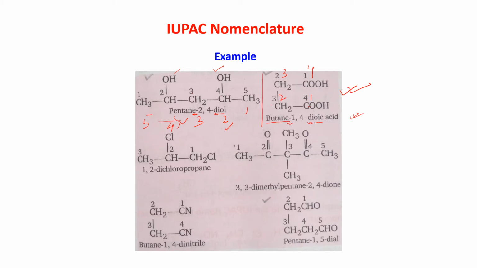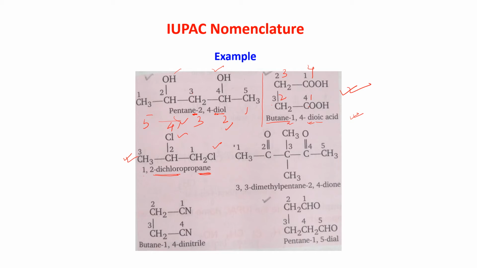Okay, now here in this there are 2 chloro groups. So the numbering is 1, 2, 3. It is a propane chain. So the name of this compound is 1,2-dichloropropane. Why is the chloro coming first? Because on the seniority basis, ane is coming first than the chloro group. So it is coming as a substituent: 1,2-dichloropropane. The chain is ane.